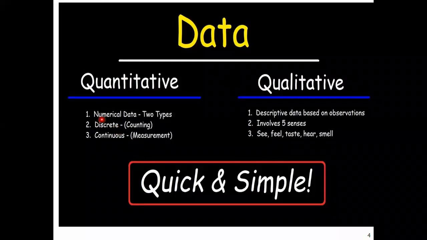Which data am I talking about? Quantitative data. It means all data we are dealing with is in numbers only. This concept comes under quantitative. In data mining, discrete data or discrete variables are there. Discrete means the data is in counting, which means it is numerical data. And the third one is continuous. Continuous again comes under quantitative data, and quantitative data means it is some measurement value. This point is very, very important. I hope you're clear now.